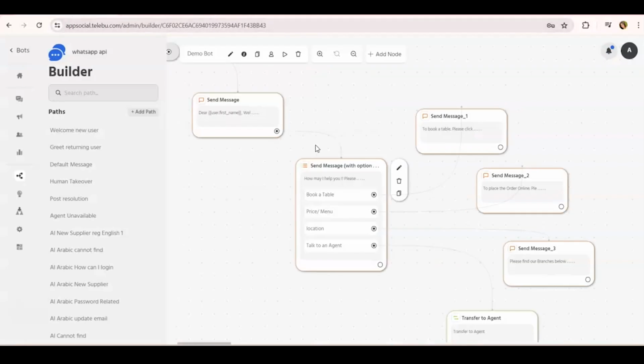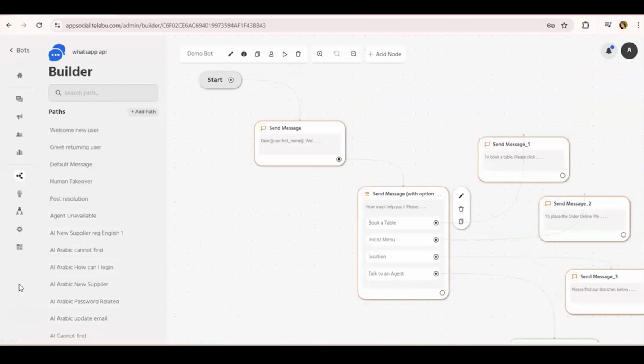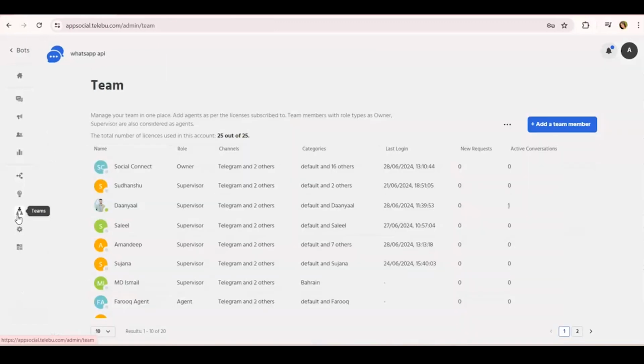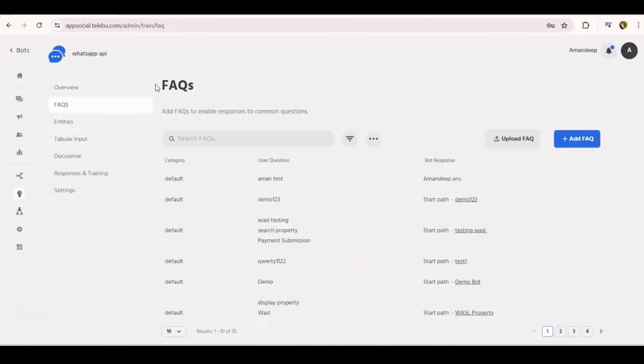Now you are okay with the configuration and you want to make it live on WhatsApp, or you want to see in WhatsApp how it works. To see that, there is an option. If you go to train, if you go to FAQs, okay, FAQs are frequently asked questions. You can train your bot with the FAQs.